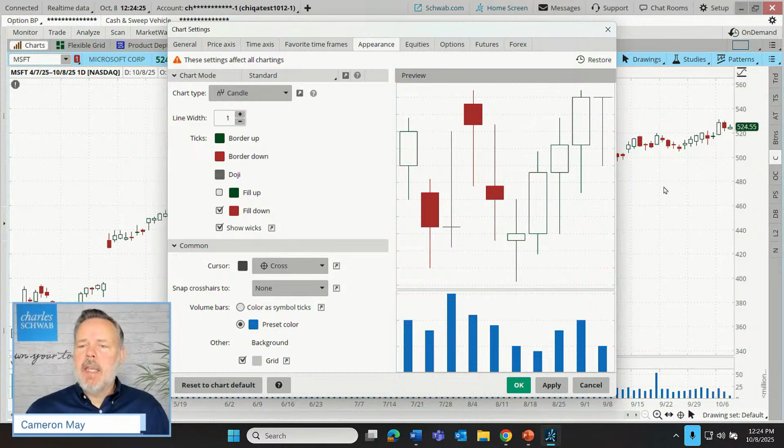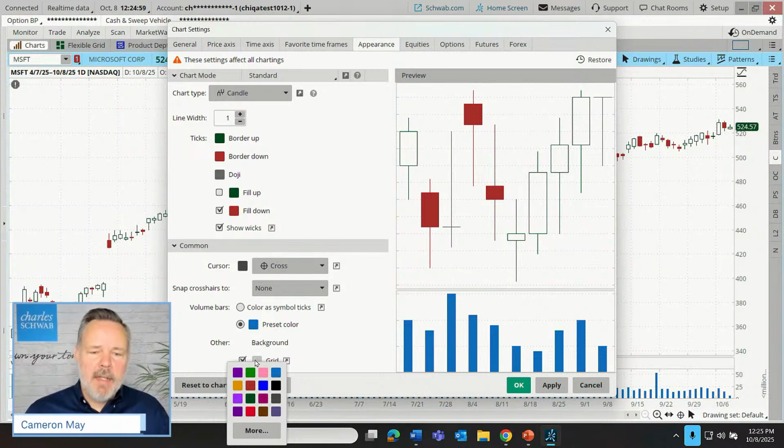And then we have a grid showing different price levels. In mine, it's going in $20 increments, 480 to 500 to 520 to 540. So we have a horizontal line in that grid. We also have vertical lines at different price breakpoints, the start of each week in the case of this chart. But some traders prefer to have a grid, but only a faint grid that doesn't appear very sharply. As a matter of fact, you probably have to squint to see my grid right now.